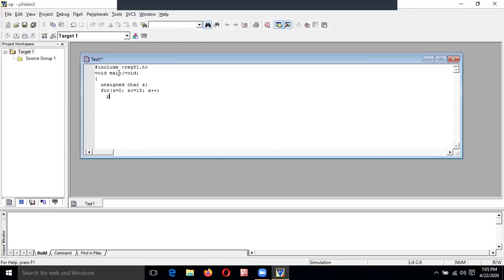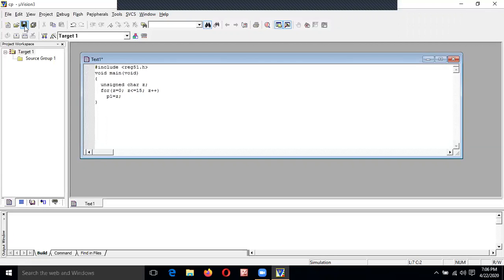Next, here you have to write P1 is equal to Z. So here you are sending the Z value to port 1. Then enter. This is the program. This is a simple program. So I have completed typing the program.